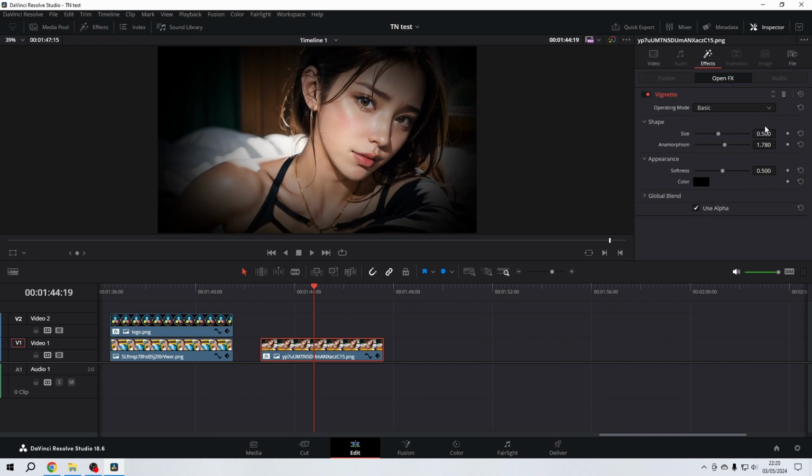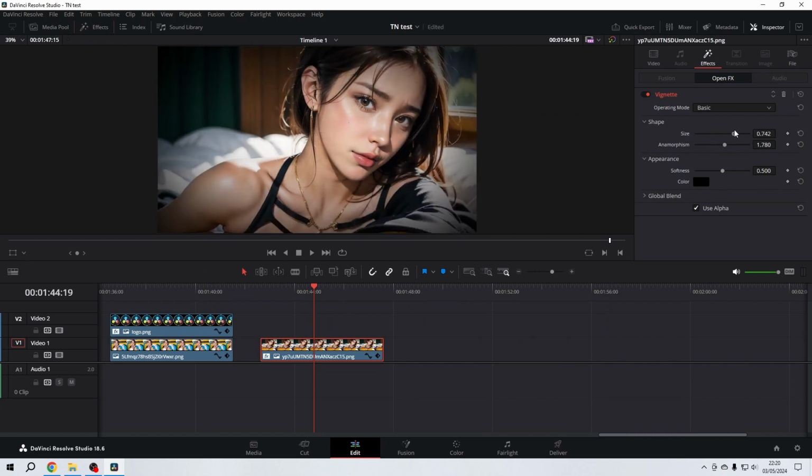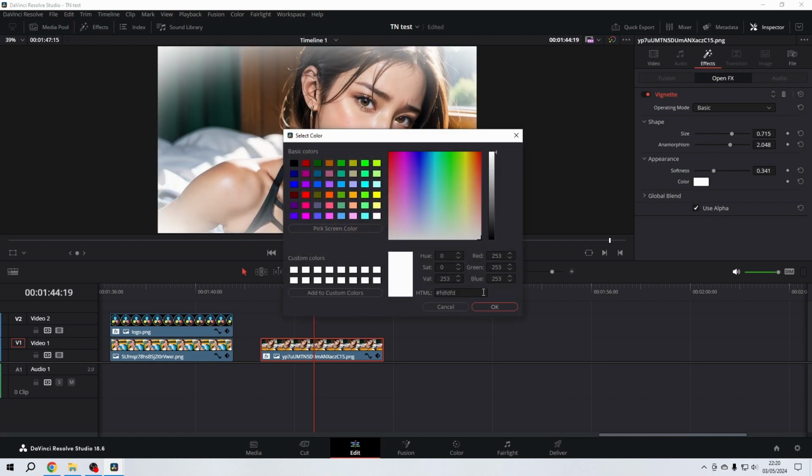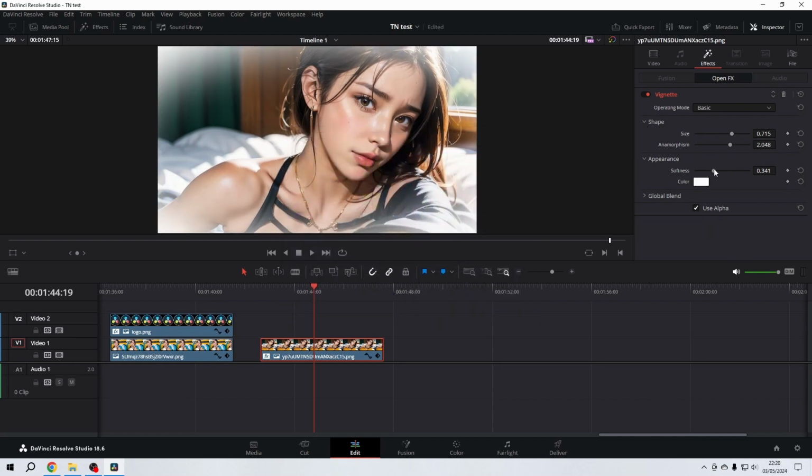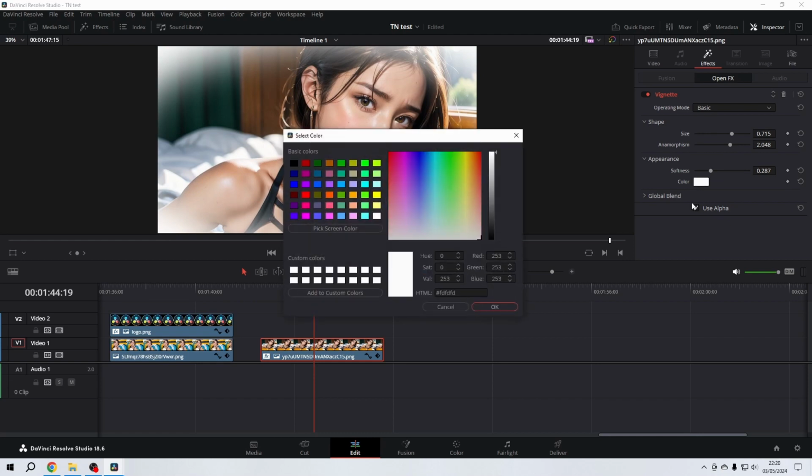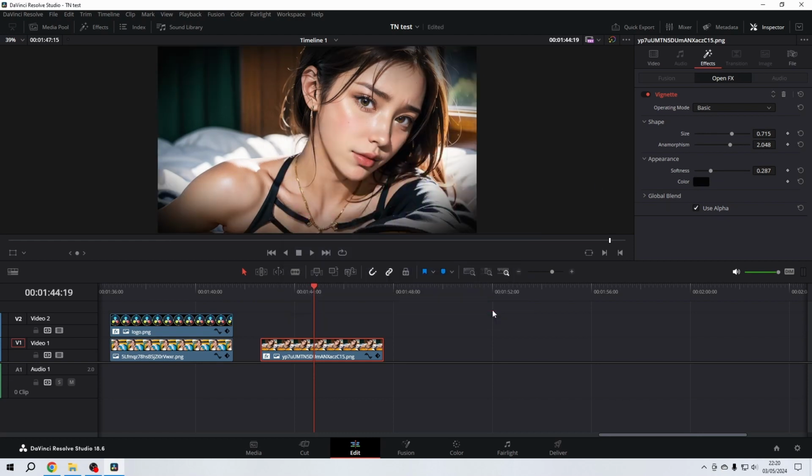You can use the basic settings, sides and anamorphism, softness, what have you. You can also change the color, want a white one, no problem at all. We're going for the black one here for our example because we're going to dive a little bit